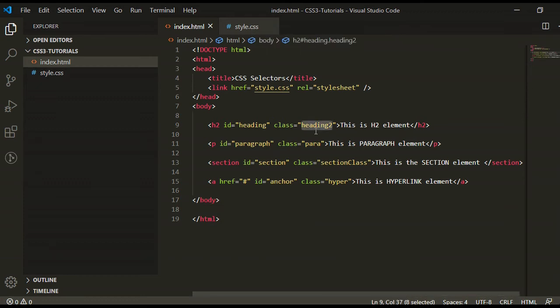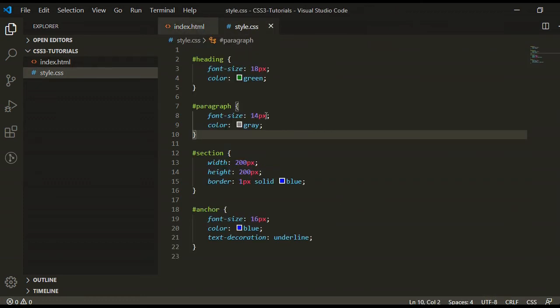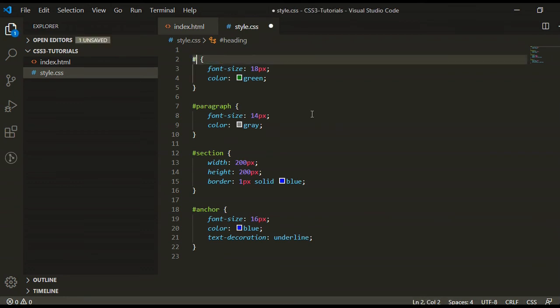It's heading2. For the ID, you use the hash symbol, and for the class we use the dot instead of the hash. So remove this heading ID.